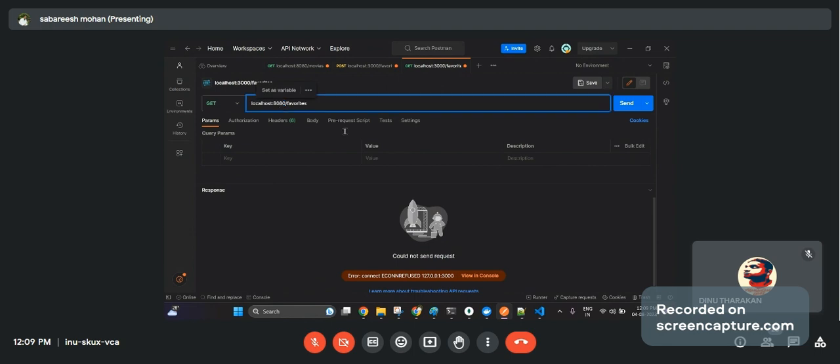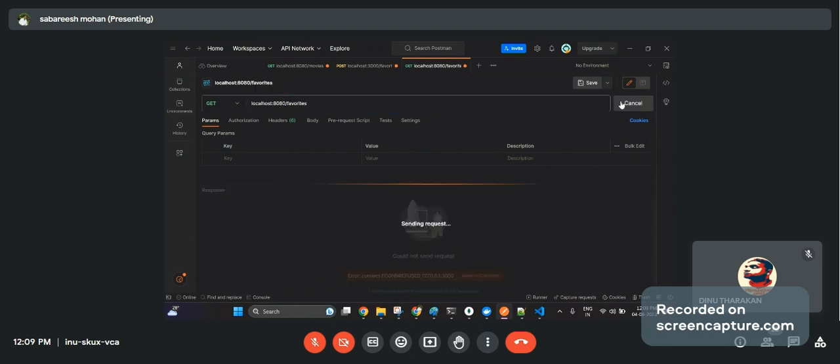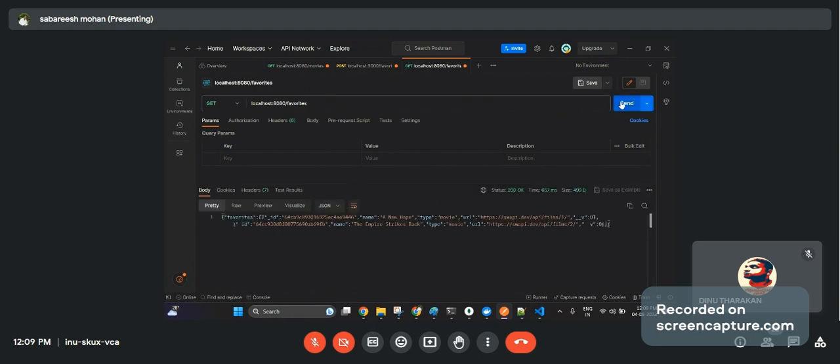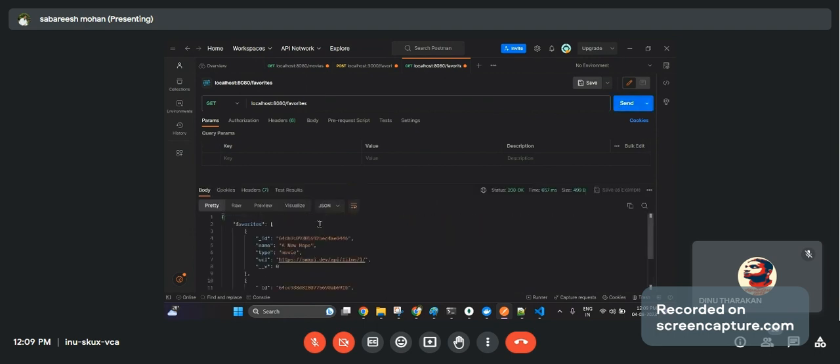On my 8080. If I send that, what you can see now are these 2 database entries we made when we were testing locally. So what happens? My container is now going and talking to what? To the database which is running on my host machine.